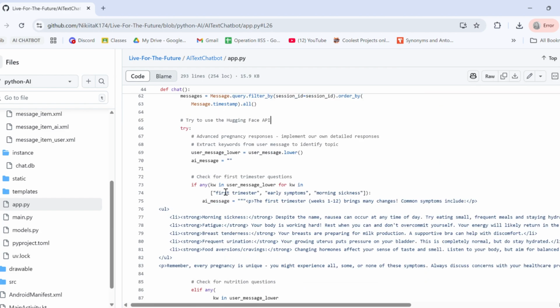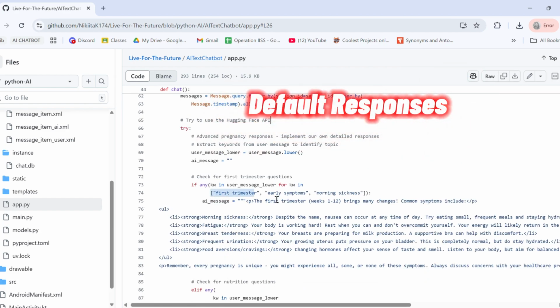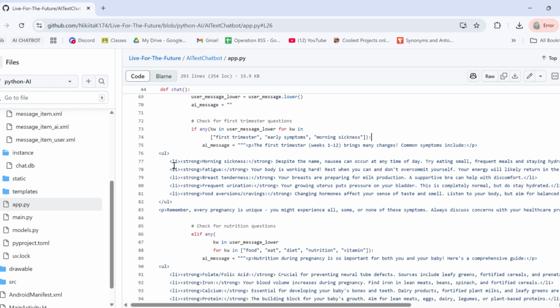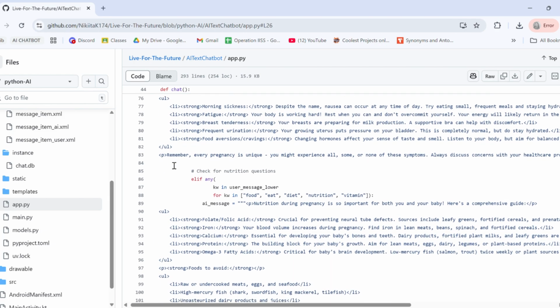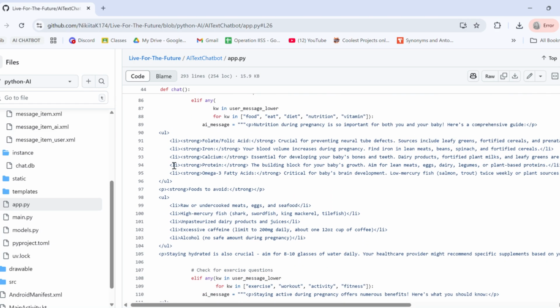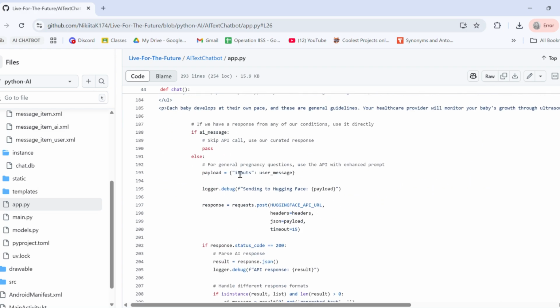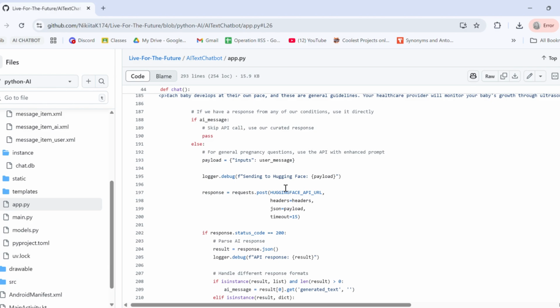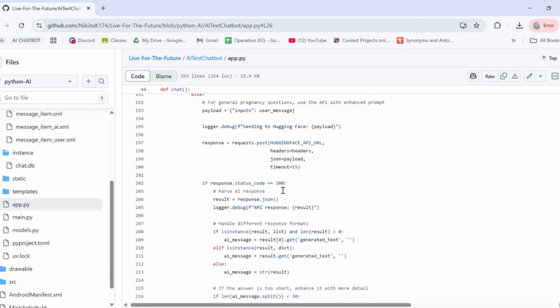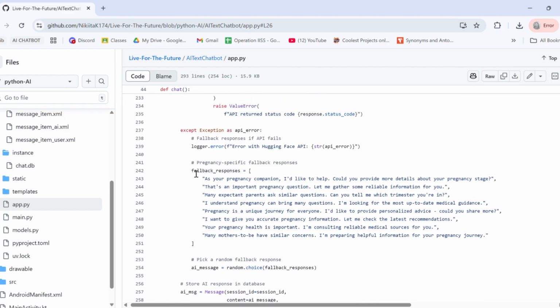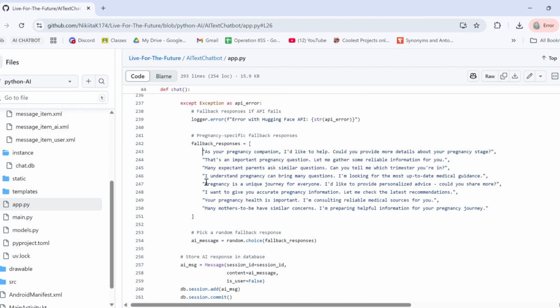Added to implement default responses for keywords that might appear in the user's response. And this allows us to provide a lot more information and a lot more help to them. And if a keyword is not found, we will make a request to Hugging Face and get their message instead. And if there was an error in making a request to their API, we have some fallback responses right here,